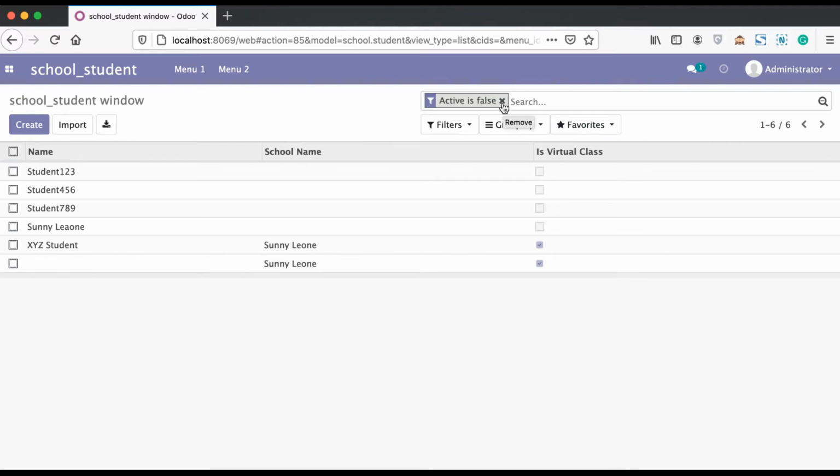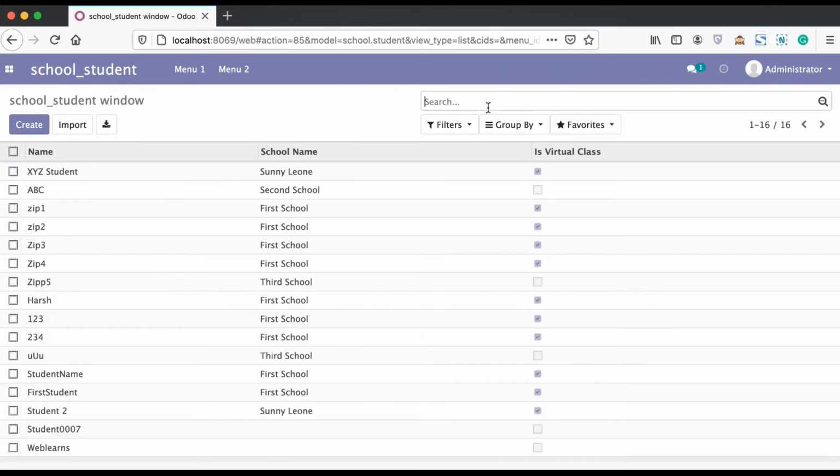You will get an idea about how to use active and inactive records in Odoo. So the total is 22 records available in the database, but only 16 are active and 6 are inactive. Just remember these total records.